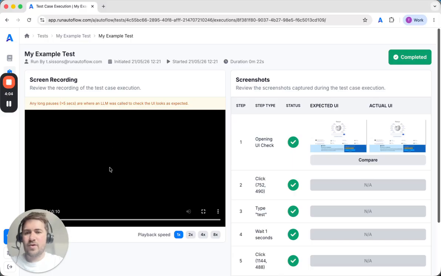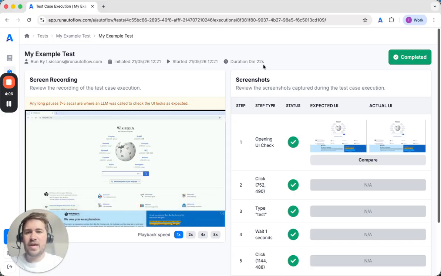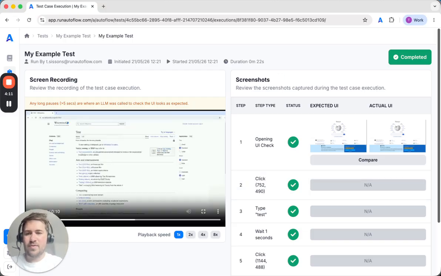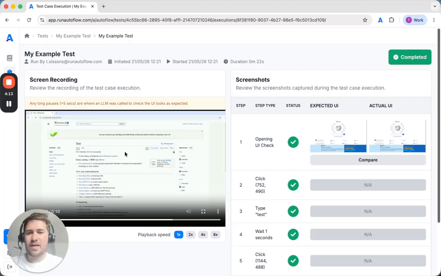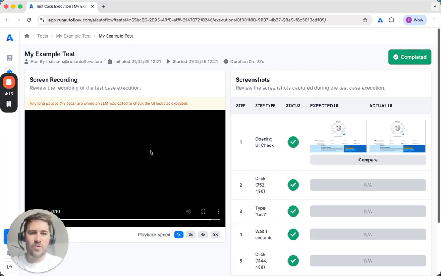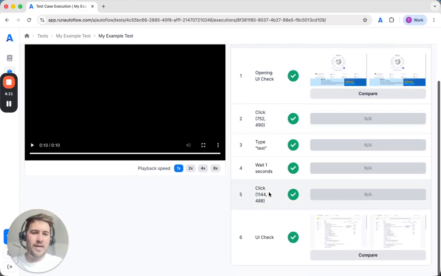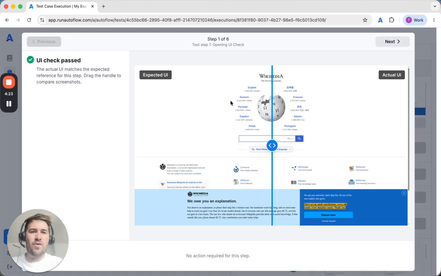Screen recording, so I can watch the playback of what happened. If I play that, you'll see that it's just going to do what I did when I set it up. It goes to Wikipedia homepage, searches, and then confirms the results page. You then on the right, you've got your screenshot. So this will list every step that was taken, and then if there was a screenshot involved, I can click compare,